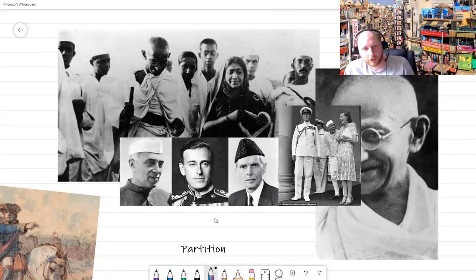Now, in the great big switcheroo, which we call partition, when Hindus in their millions started to leave what is now Pakistan to go down south, and millions of Muslims left India to go to what is now Pakistan, at least 1 million people died. Some estimates say 2 million people died. We're talking fighting in the streets, we're talking bandits, we're talking robbers, we're talking Hindus fighting Muslims, for no other reason than because they are different. And it caused absolute chaos.